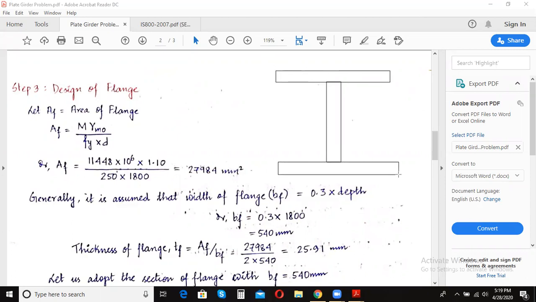And this here is my bottom flange. So how much is AF? AF is the area of the top flange, the one which I'm showing in stripes, and the area of the bottom flange. So AF is nothing but the summation of the area of the top flange and the bottom flange. So these two entire flanges will comprise AF. Clear?